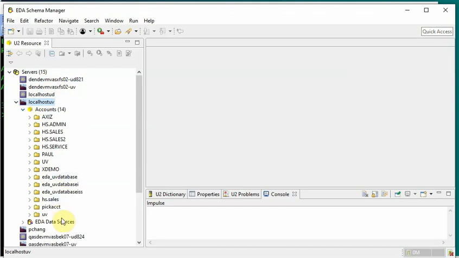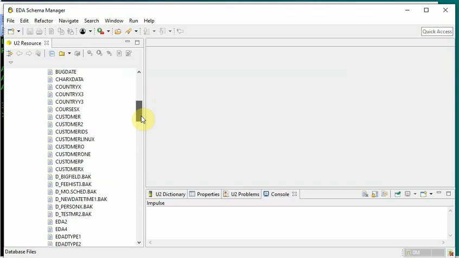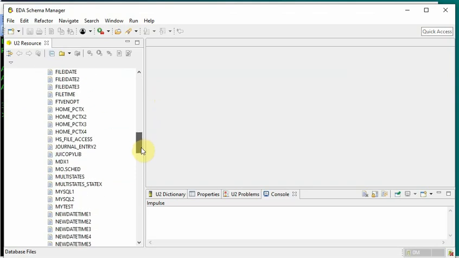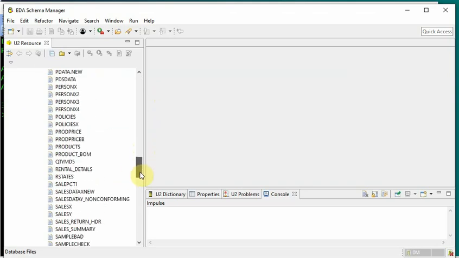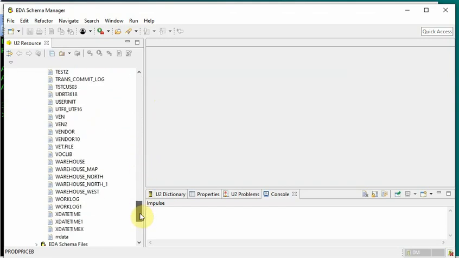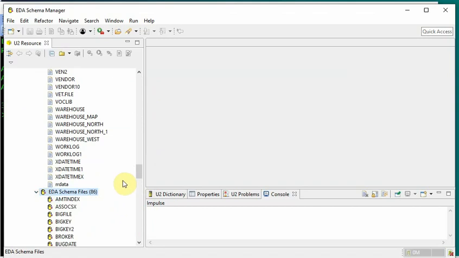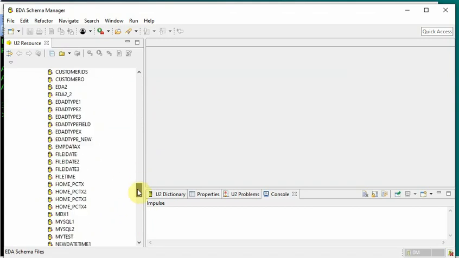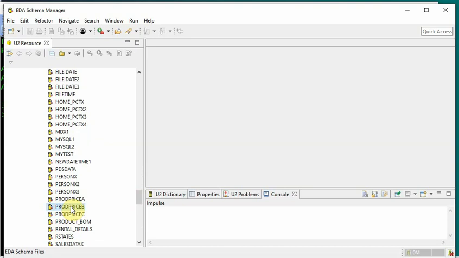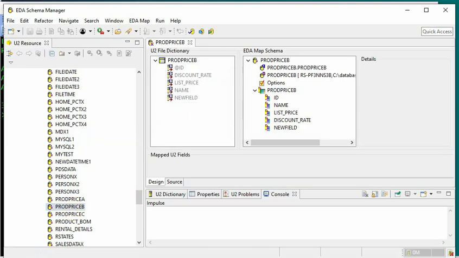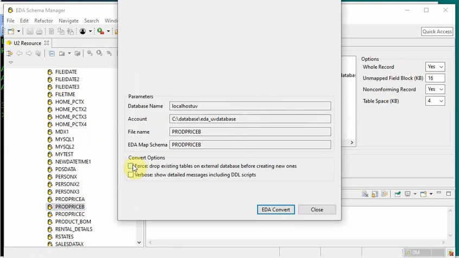I take a look at the newly created file I call product price B. I already generated the schema for product price B before. So let's just create a schema. For this one, I already set the option to yes, so when I do the conversion,